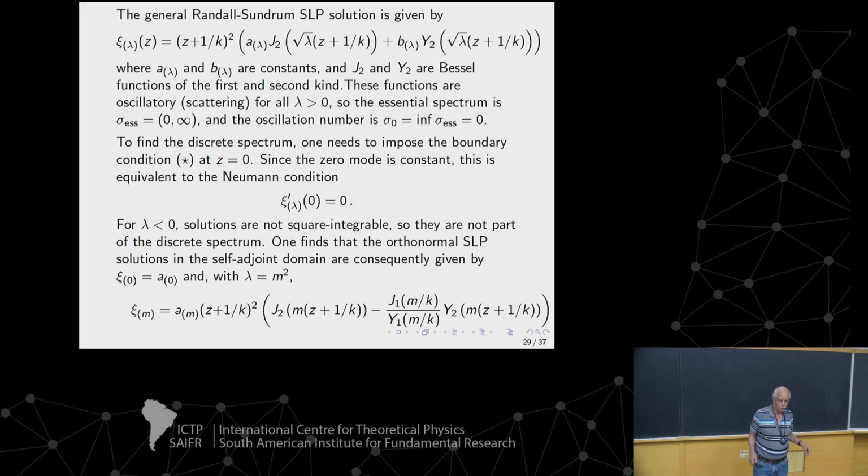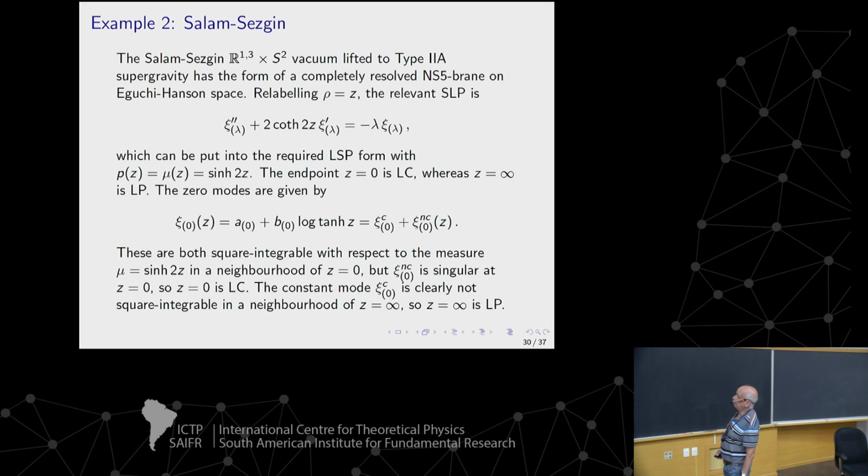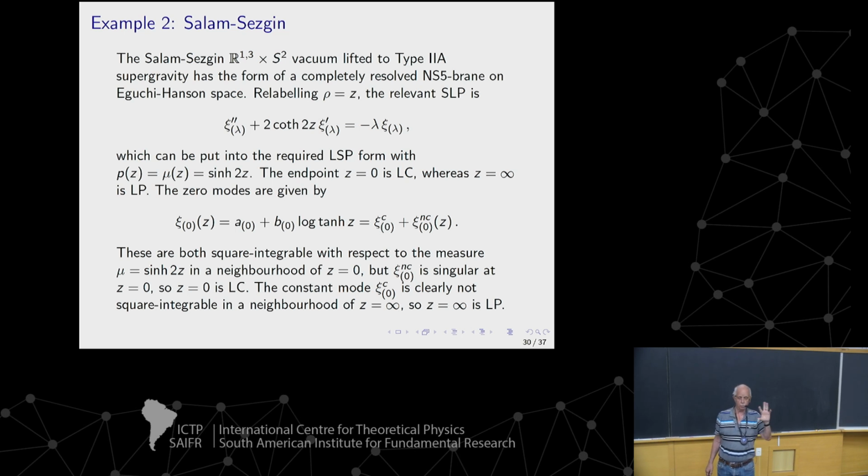Okay, so for lambda less than 0, they're not square integrable, so we throw that out. They're not part of the discrete spectrum. And the self-adjoint domain solutions are given here with the J's and the Y's. That's Randall-Sundrum. I'll come back to that in a little bit. I want to focus more on Salam-Sezgin, which in fact had these two taxonomies, which are